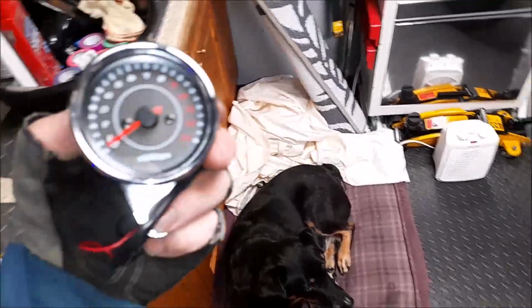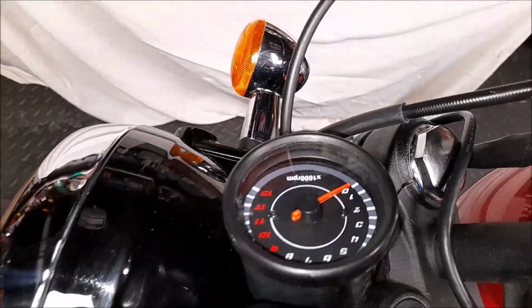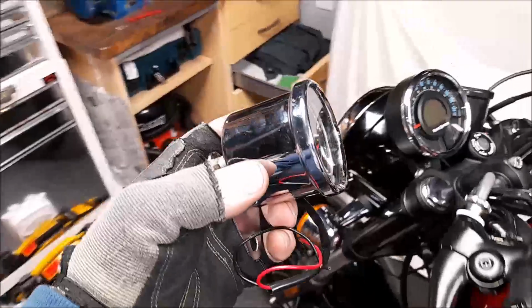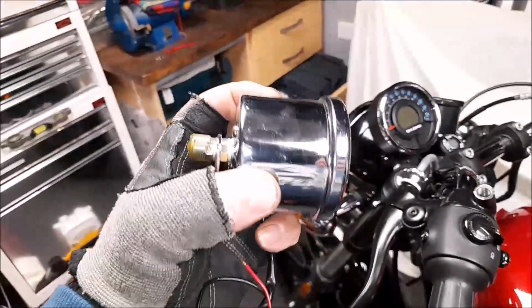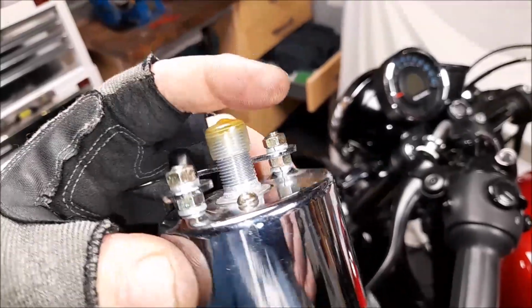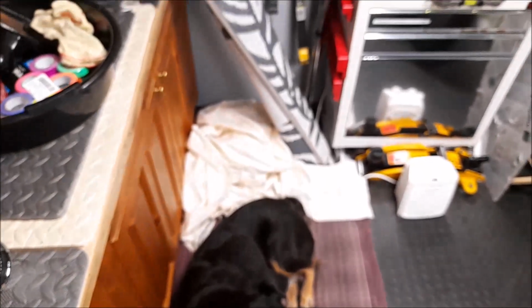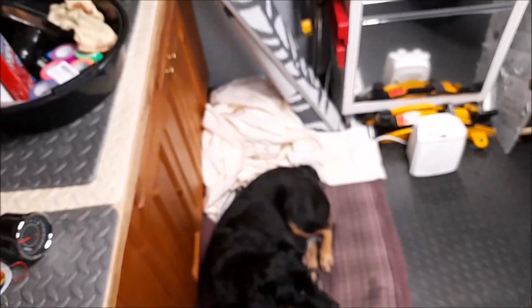That's the one I bought originally, but it doesn't work. I think I've blown the thing up. That is another one that I ordered because it's chrome, but they sent me one with an old school cable drive to it, and just a red and black for the illumination. They gave me a complete and utter refund for that, so that's good. And then I found this one,